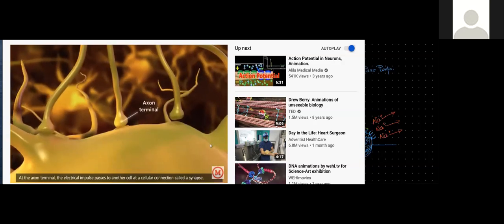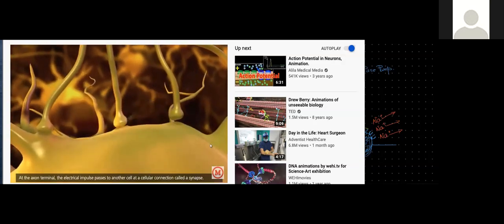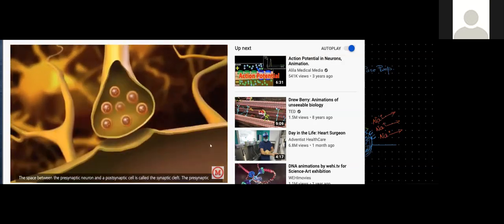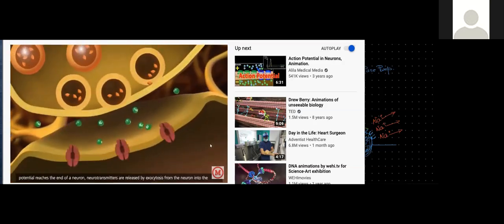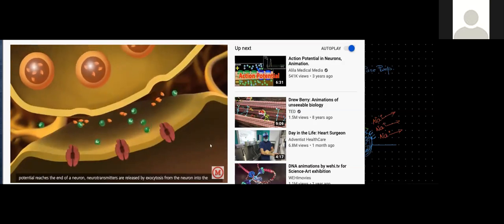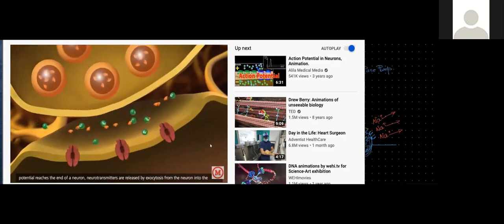At the axon terminal, the electrical impulse passes to another cell at a cellular connection called a synapse. The space between the presynaptic neuron and a postsynaptic cell is called the synaptic cleft. The presynaptic neuron contains signal molecules called neurotransmitters that are packaged inside vesicles. When an action potential reaches the end of a neuron, neurotransmitters are released by exocytosis from the neuron into the